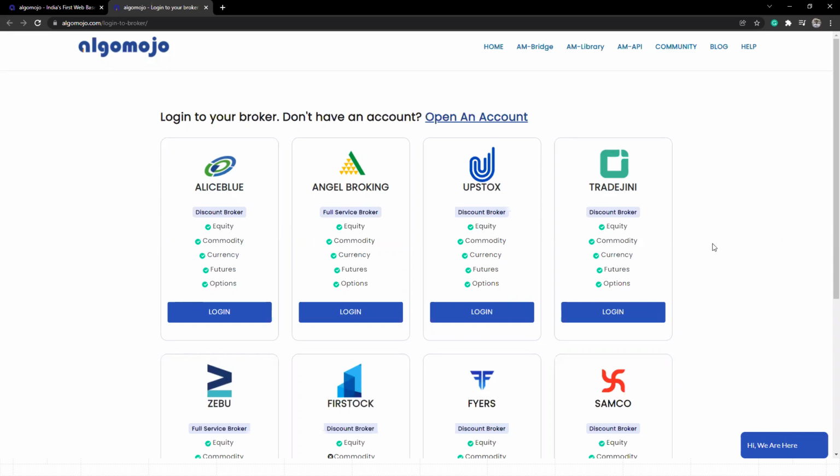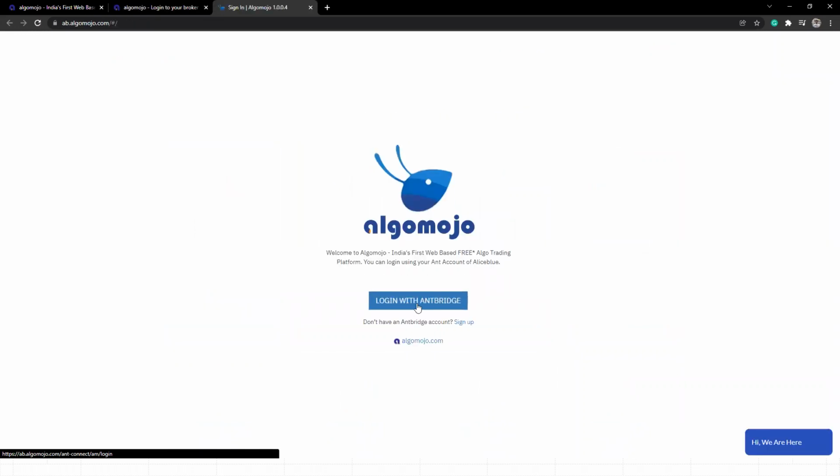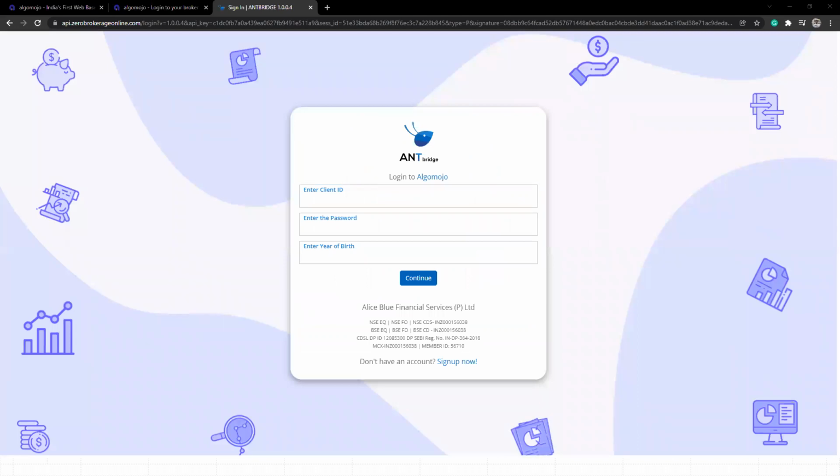At this point in time, I want to show you, and I'm going to log into one of the trading applications over here. Let me go and log in to one of the broker portals here. Let's say I'll go and log in with Alice Blue here. Login. Once I log in, automatically it will be asking me for a login ID and password.